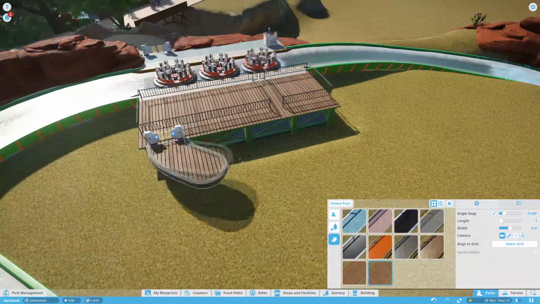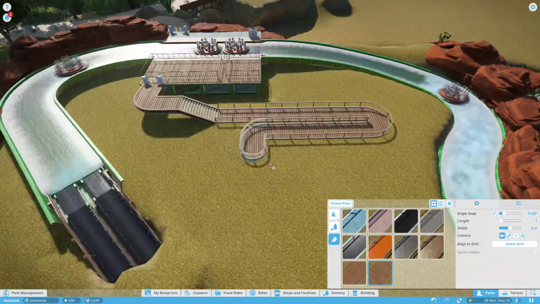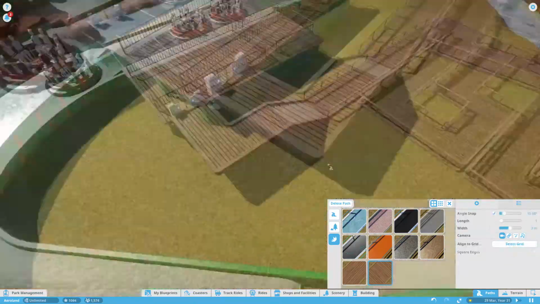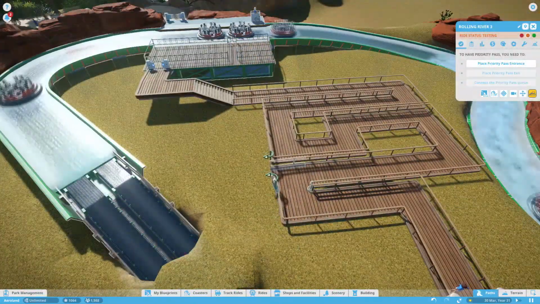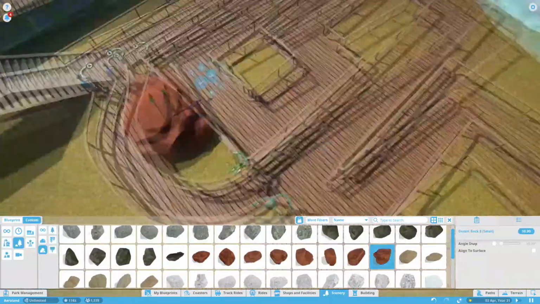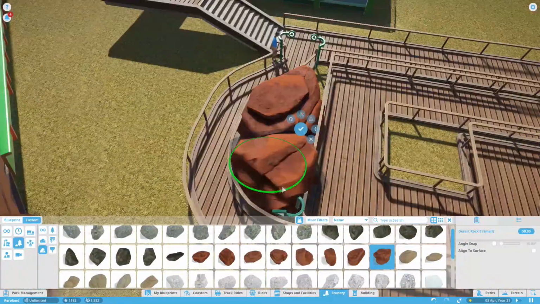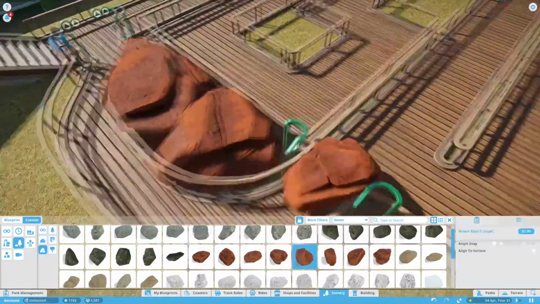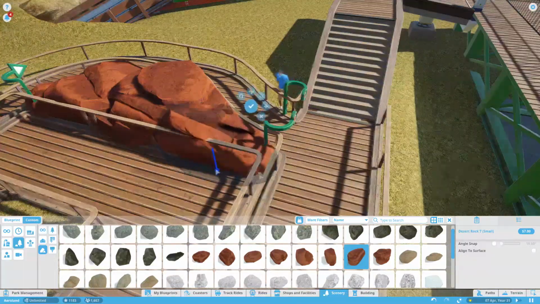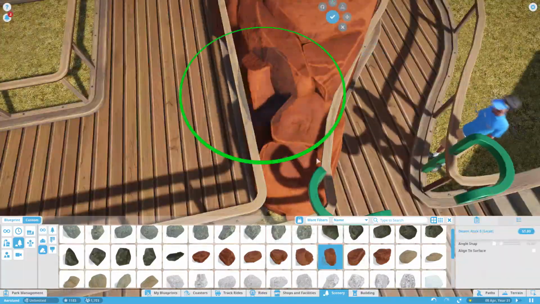So I'm going to place the queue line. As you can see, I don't have a lot of space and I didn't really want to zigzag all the way, so I'm keeping two small open spots in the middle of the queue line to fill those up with some extra rocks or scenery. This is the fast pass line I'm placing over here,